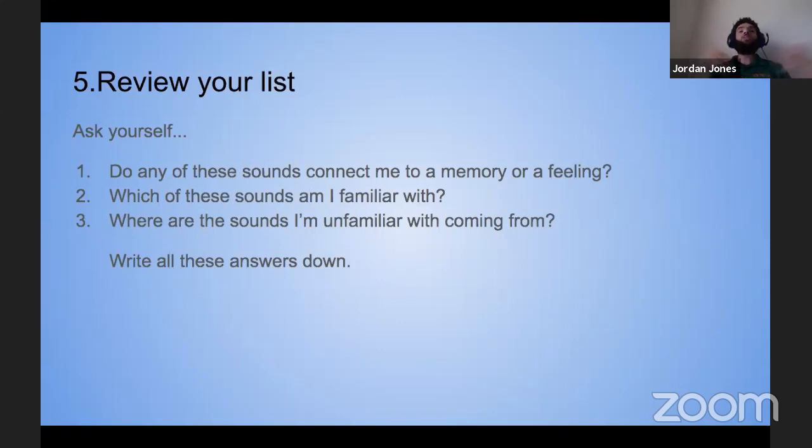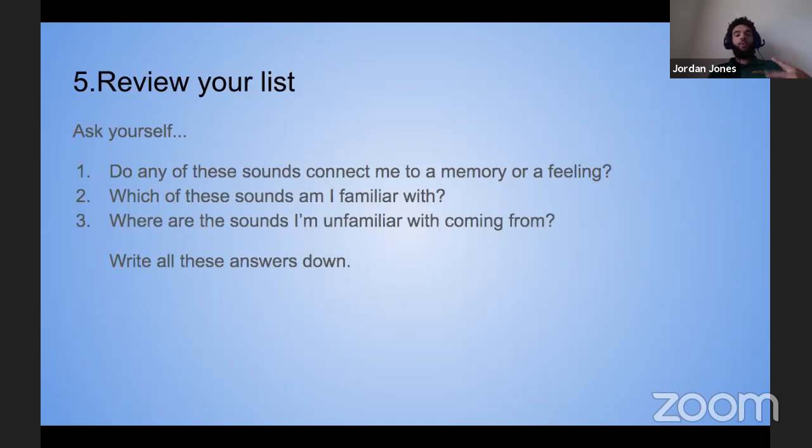Or I remember I was at a Chili's restaurant and my sister was playing that song for me on the phone, and that's when I first fell in love with it. Whatever the memory or feeling is, it could just be a feeling of happiness. When I hear this type of clock ticking in the background, it reminds me of my grandmother's clock that used to sit on her wall, and it makes me think of my grandmother. So when I hear this clock ticking, it brings a certain feeling out for me. Go through any of your sounds and see if you can find any that connected you with anything.